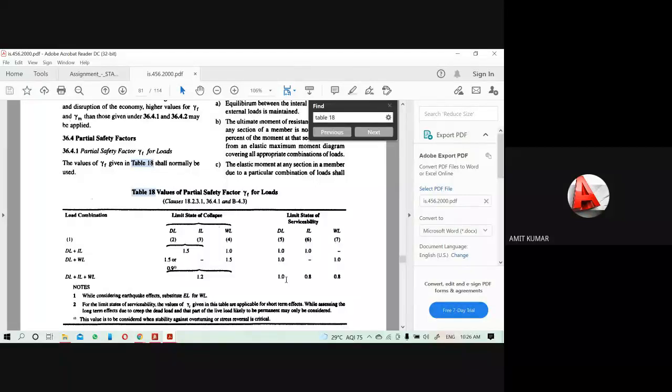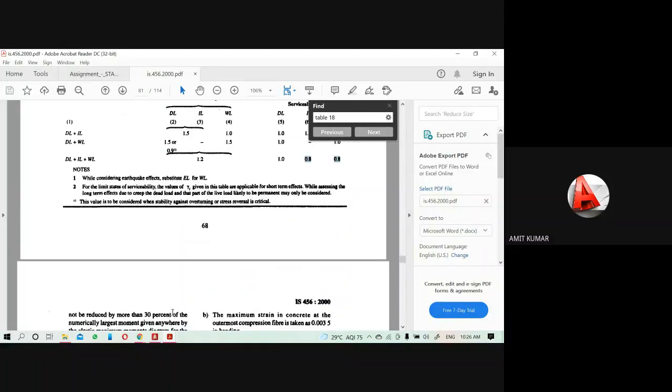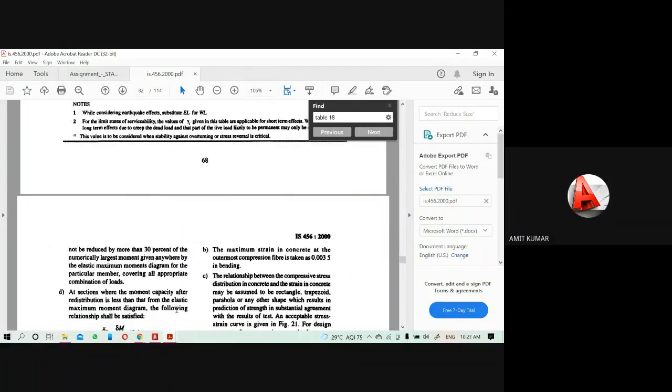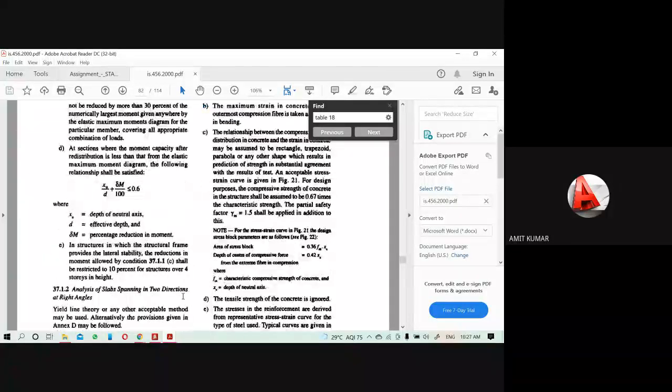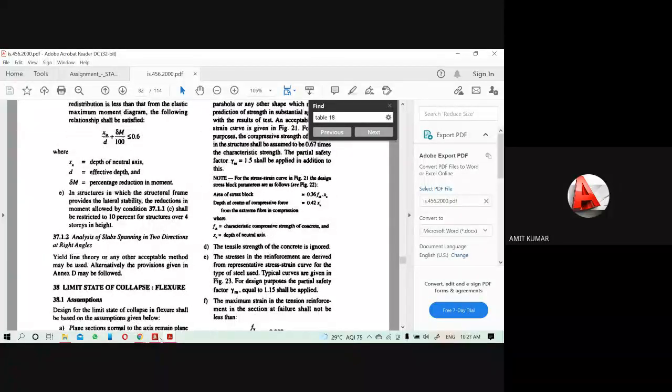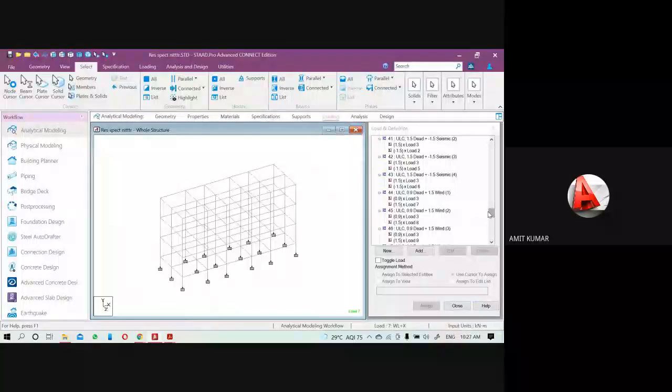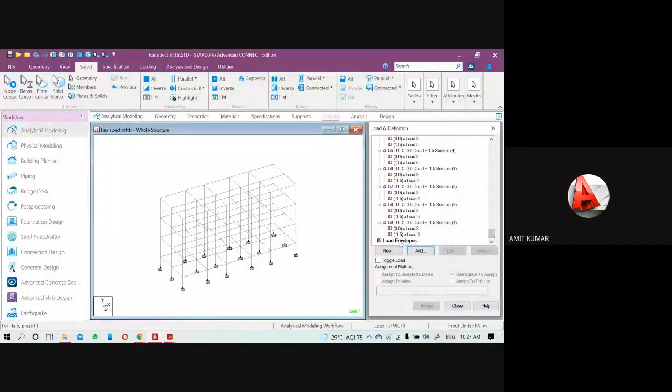But in case of the limit state of serviceability check, you can see the load combination factors mostly are equal to 1 or less than 1. In STAAD.Pro we can add the load envelopes to the load envelope option.